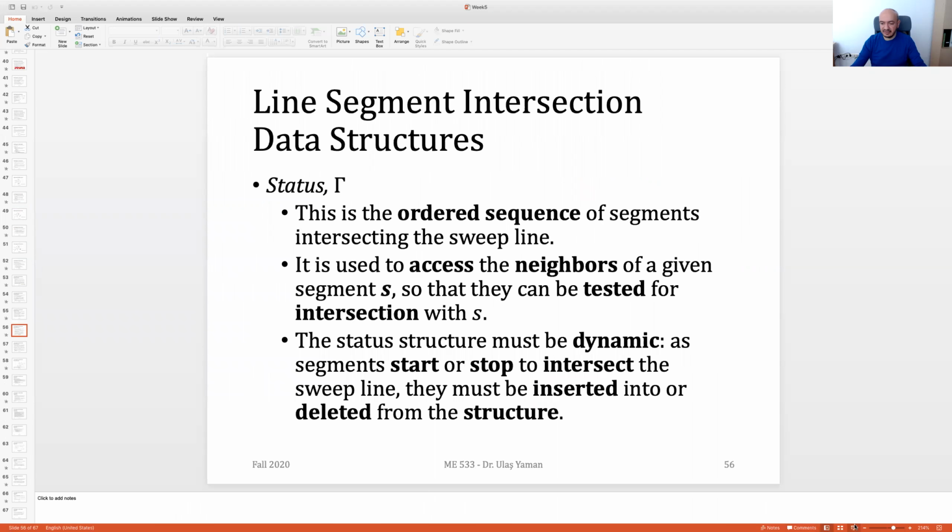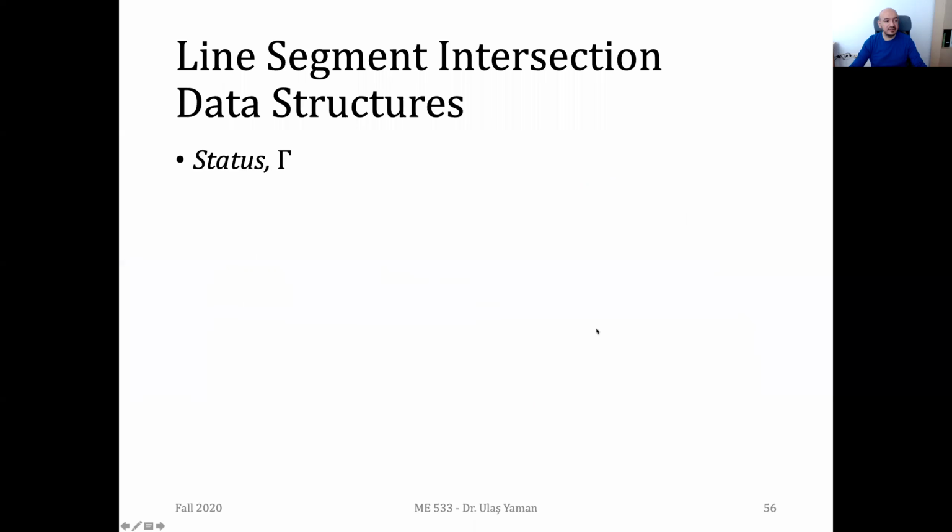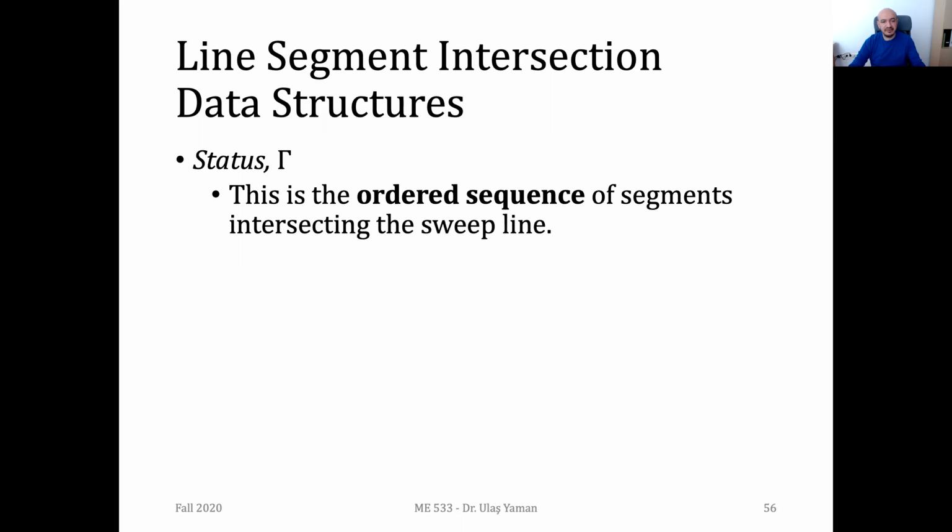Any questions, guys? Up to this point, after the event data structure, we are using a queue data structure, and for that, we have a special balanced binary search tree. Now let's have a look at the second data structure we need to have, and this is the status data structure. While we are discussing the details of the algorithm, we said that we should always be keeping